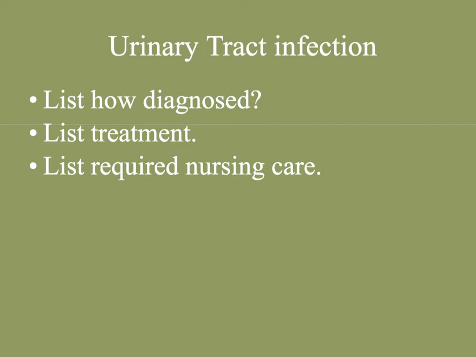Okay, diagnosis, treatment, nursing care for a patient with a bladder infection, also known as a urinary tract infection. We already talked about it's diagnosed usually with a urinalysis, one of the first things that we do. And that will indicate the presence of bacteria, white blood cells, or blood in the urine. And that is usually indicative of a urinary tract infection. The presence of more than 100,000 colonies per milliliter, or presence of 3 or more white blood cells,